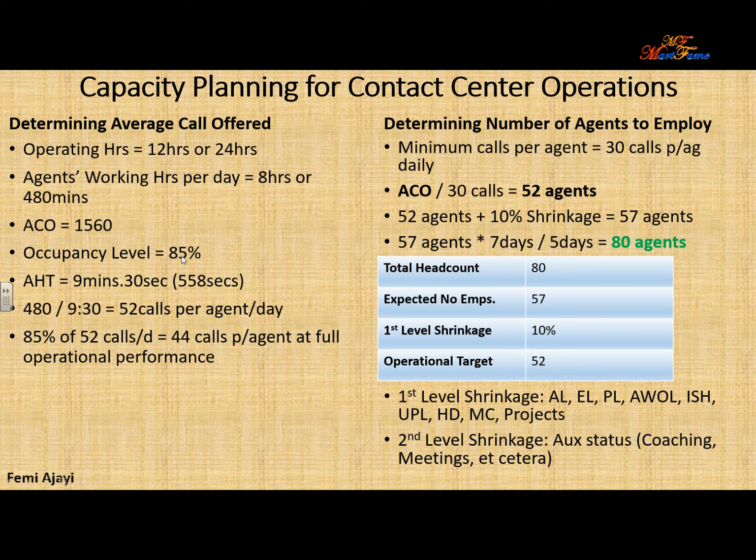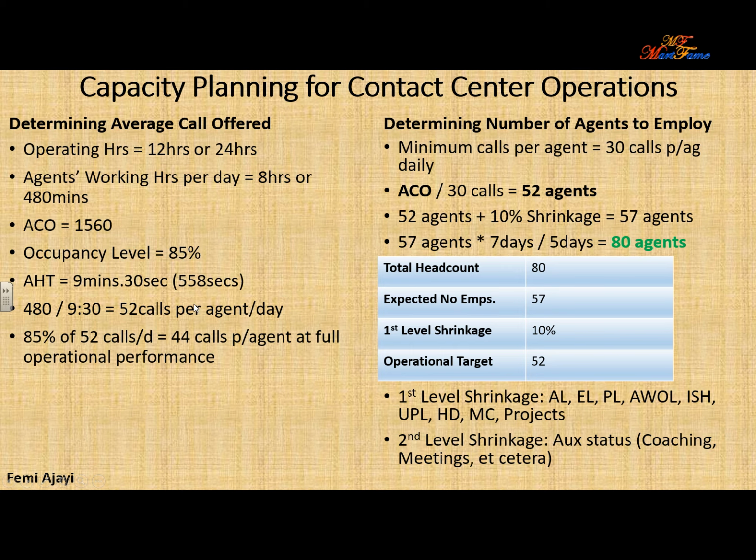It's different from company to company, or from contact center to contact center. Usually the industry standard will be around 80 to 90, but in this case, as sample data, we'll put in 85. So now that we know the total number of hours each agent will be working in a day, the total calls we're going to be offering in a given day on average, and we've set our occupancy level, 480 minutes divided by the average handling time will give us 52 calls per agent a day. Now this is at the full occupancy level. We're talking about 100% occupancy level here,